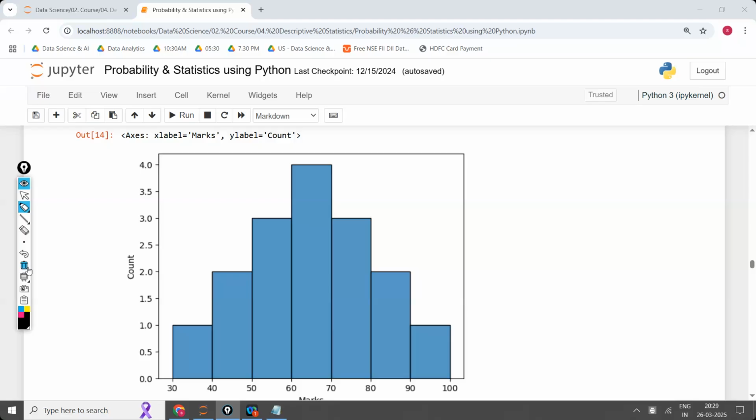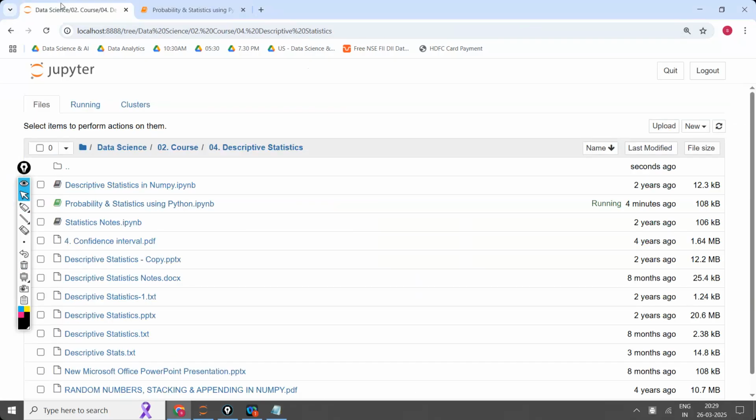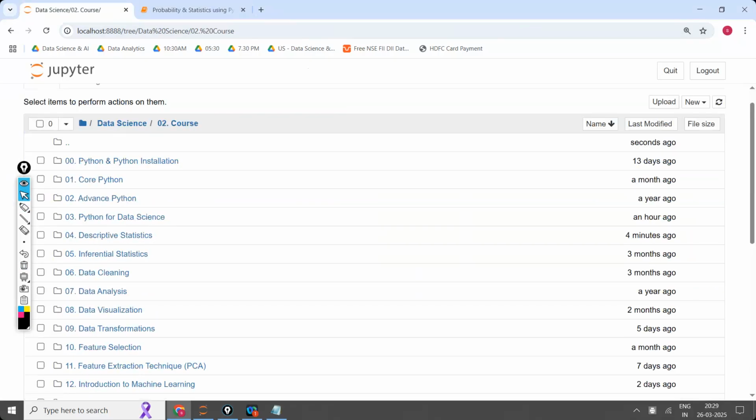Point is clear? Why is automation not there in data analysis? In other cases, automation is there. In data analysis or data science, the reason automation is not there is this: humans only know. See, when I apply the describe function, observe this clearly. What does the describe function do? It gives all the descriptive statistics values, right?